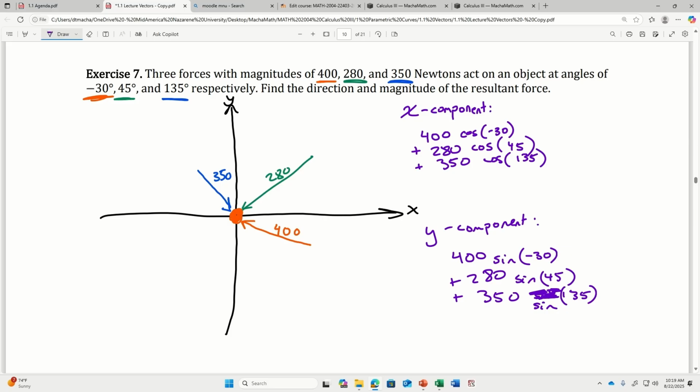That's not what the question is asking. The question is asking for the direction and magnitude. And so to find the direction, well, let's find the magnitude first, because the magnitude is easy. This is my force vector, the magnitude is going to be the square root of the x component squared plus the y component squared, right? It's the norm of the force. The direction, okay, the direction of the resulting force is going to be